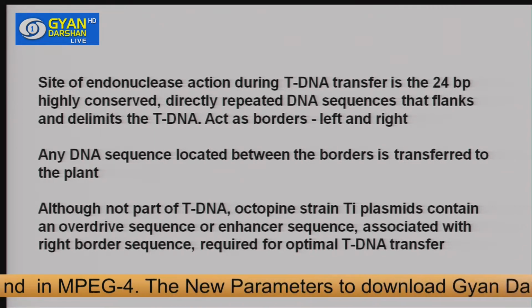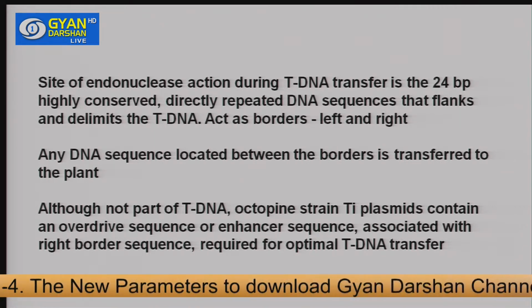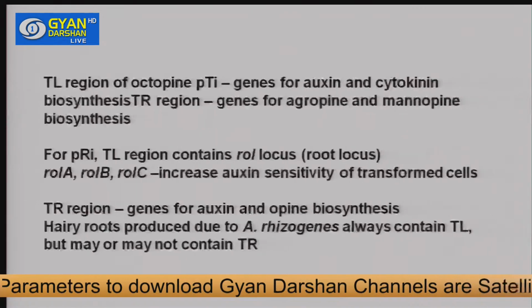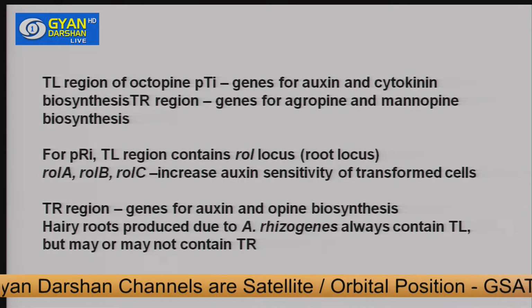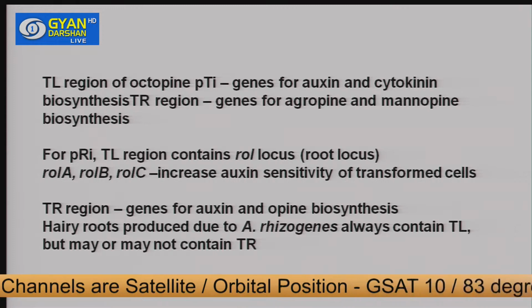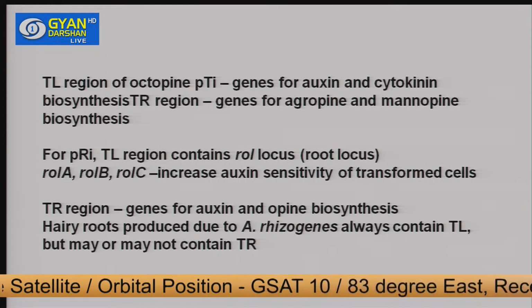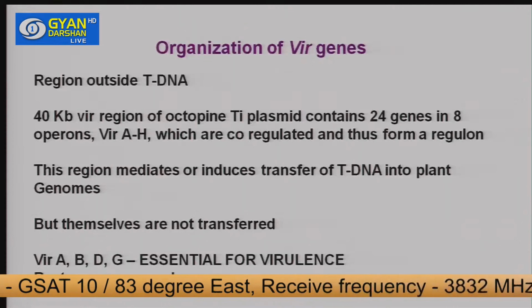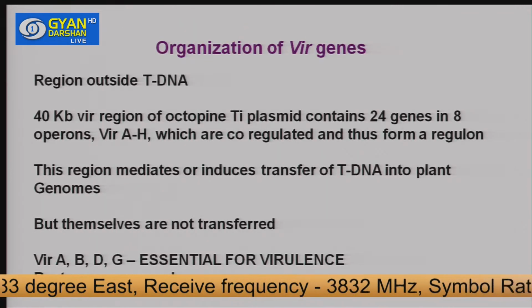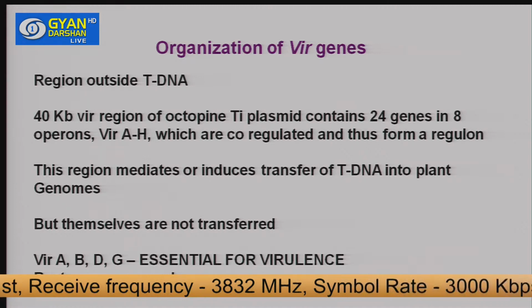And as I said, any sequence between this will be transferred. Okay. The TL region of octopine pTi has genes for auxin and cytokinin biosynthesis. The TR region has genes for agropine and mannopine synthesis. Okay. And then the region outside the T-DNA, we have seen that there is a 40 kilobase pair virulence region